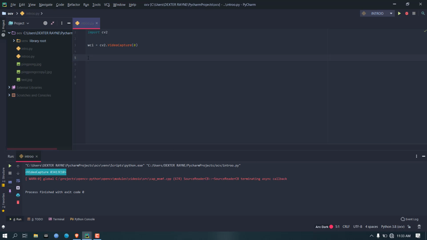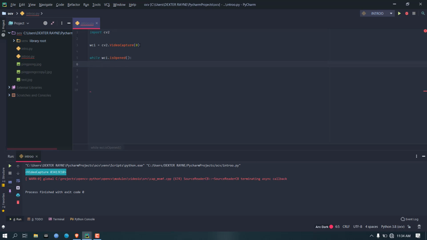Let me show you. We are going to use a while loop: while WCI.isOpened. Now what does this function do? This function will just check whether our source is legitimate or not. If our source is legitimate, then it will be opened and there will be an output. Suppose you are trying to access a file name which is not available in this directory, then this will give false. Suppose you are trying to access a webcam index which is not available, for example you have just one webcam attached to your system and you are giving index value 70, then this will give false and this code will not run.